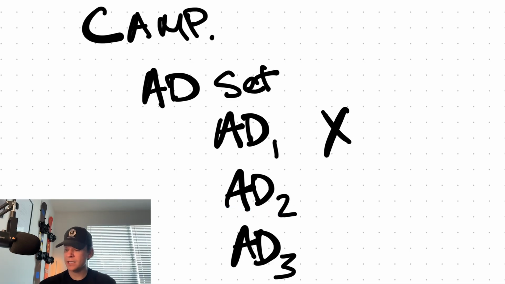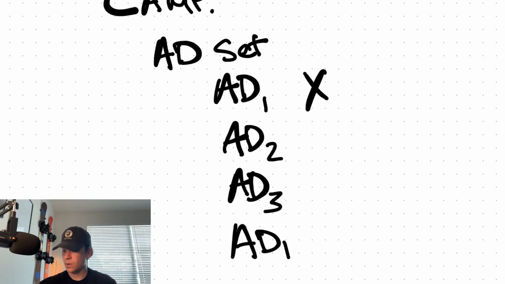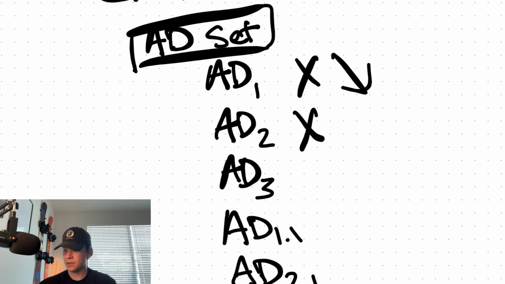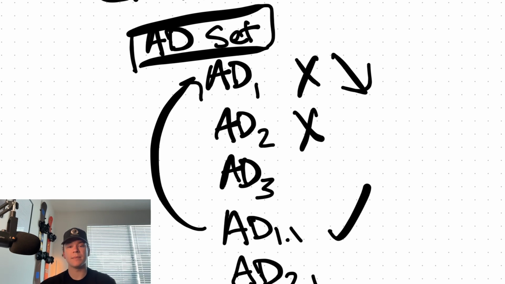Let's say ad 1 dies. All I'm going to do is create ad 1.1. Again, we're just doing a spin off of ad 1, and then I'm going to replace it with that. That's it. Let's say ad 2 dies. Then again, I'll do ad 2.1 and I'll replace that. And I'm just repeating this process because if the ad set worked, we're just going to keep it going. We're not going to kill something that works. This ad set has data that performs. So that's it. As things begin to die, you just insert a new one. Again, following that same messaging we talked about earlier. That's it. Don't overcomplicate this process.